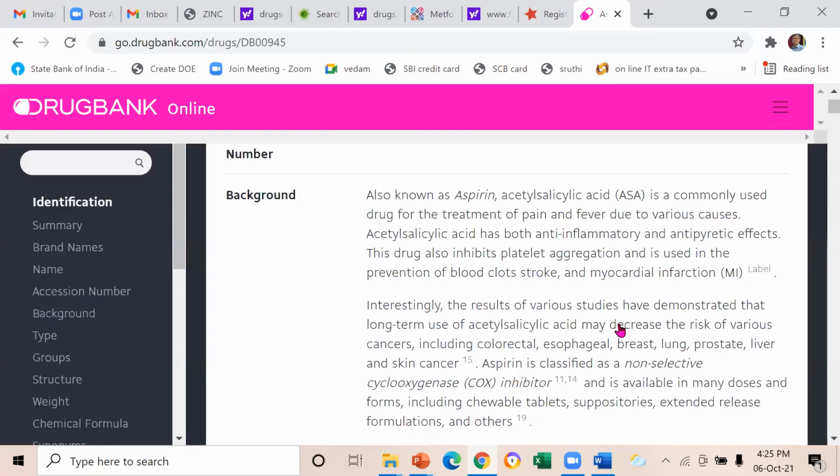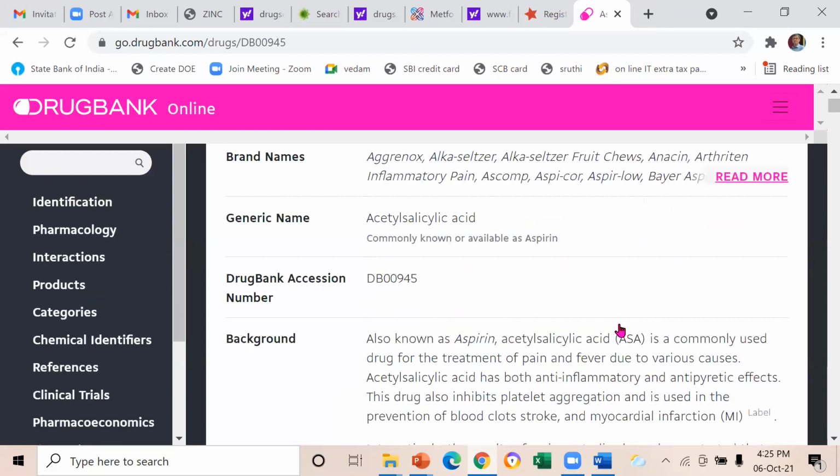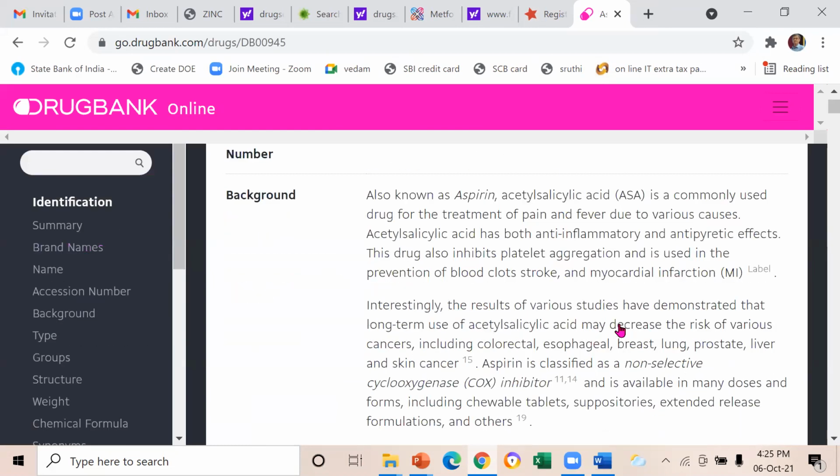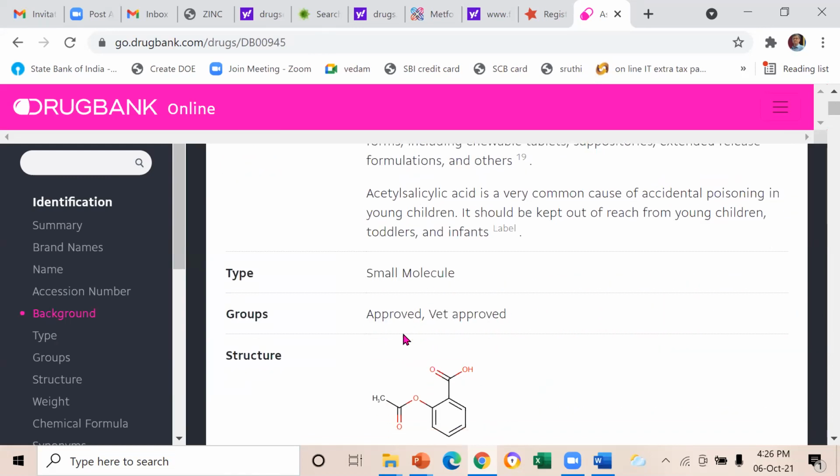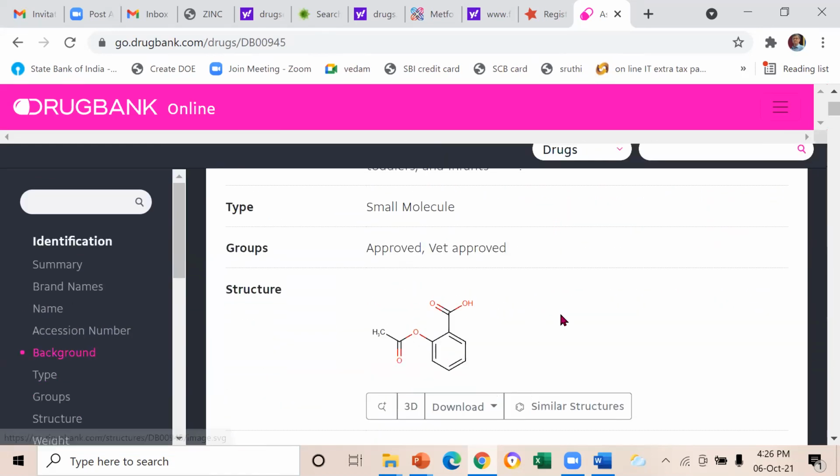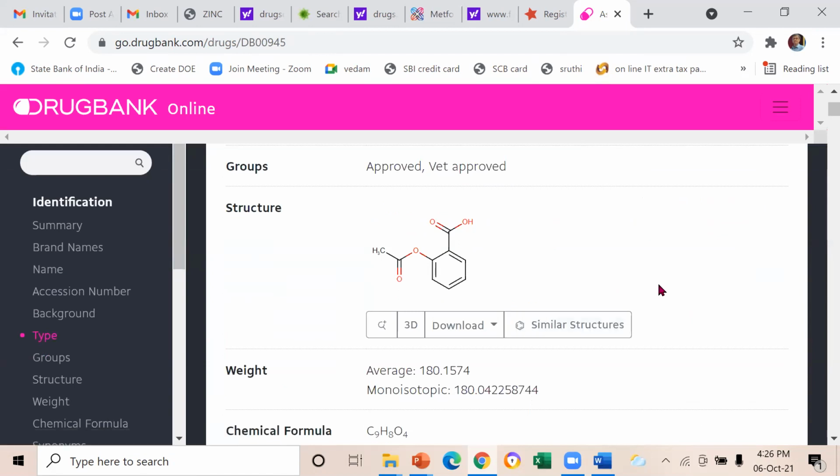So it gives you a lot of information. This is another database related to drugs. All these drug-related databases give you a lot of information about existing drugs, including pharmacological activity, the side effects, targets, prescriptions, and approval status. So much information it will try to give. You can see this DrugBank gives you a lot of information about the drug.